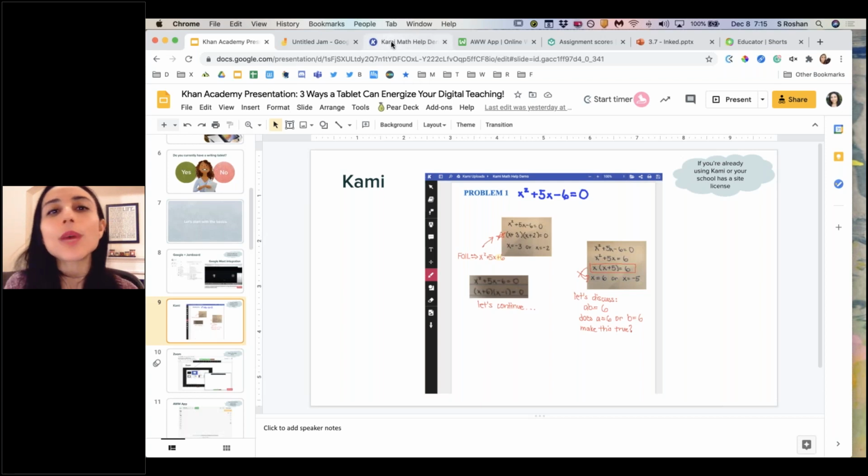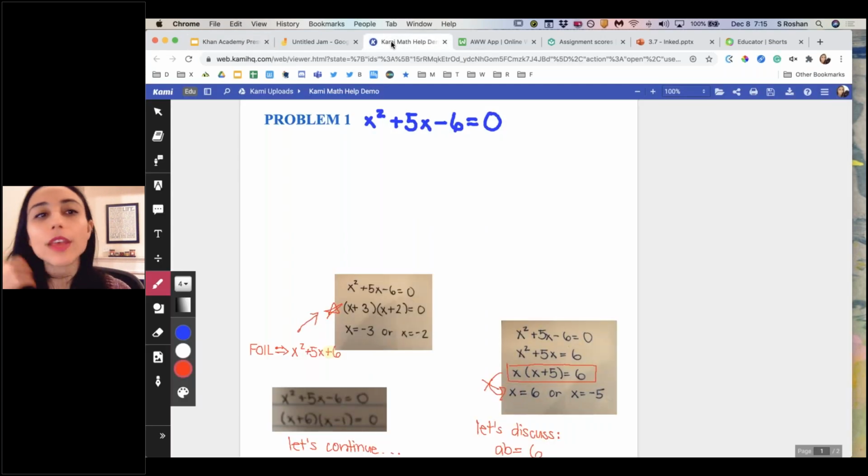But what Kami is, it's integrated again with Google Drive, but it also can be kind of just a whiteboarding tool, because there are these amazing pen tools built right into Kami. This is a Chrome extension, by the way. You can get it so you can open any of your Google Drive files with Kami. You can also just go to Kami on the web and you can write. So again, I can just write and talk.